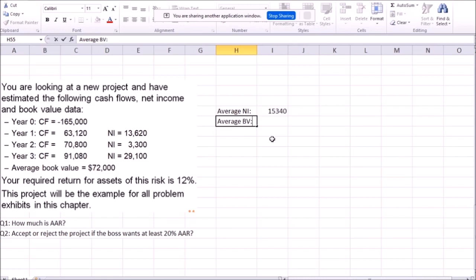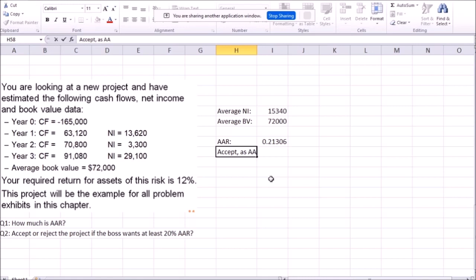Average book value of assets, we already have it, in this case 72,000. So in our case, average accounting return is this divided by this. Okay. In our case, average accounting return is 21.3%,